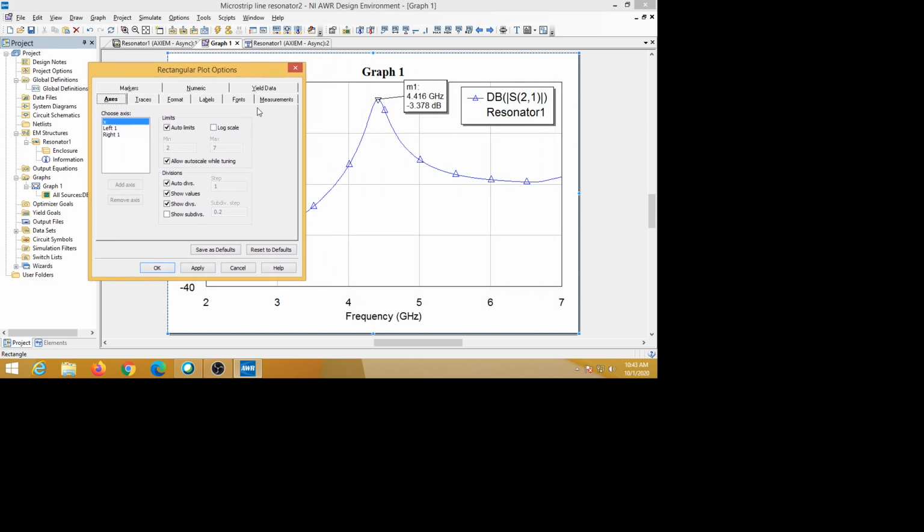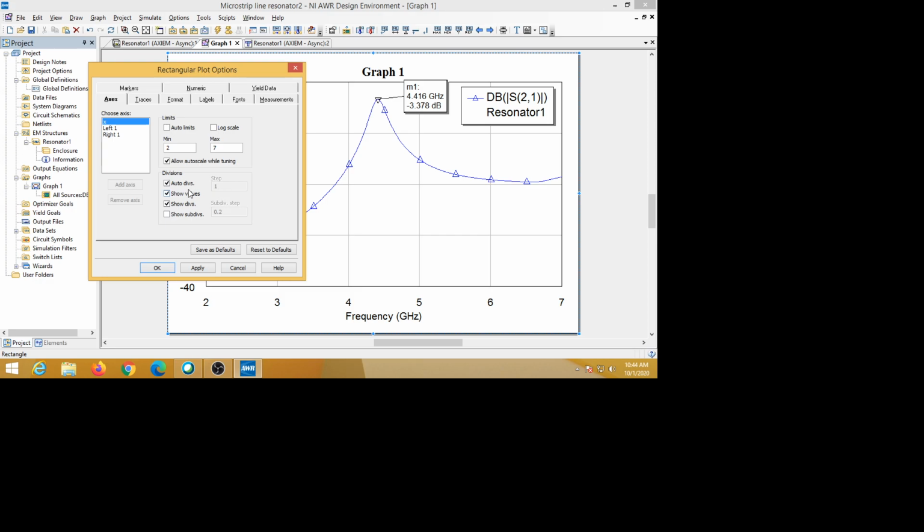Now if we modify the x axis here, instead of auto, auto limits are there. Auto limits means it automatically selects some grid values. So we can modify that. For that you have to enable this, instead of auto limits we can customize it like this. So 2 to 7 gigahertz is the frequency range given to the simulation tool, that we keep as it is. But here is auto divisions.